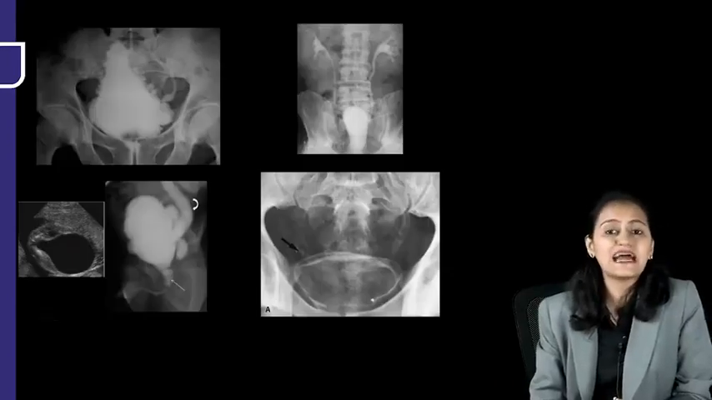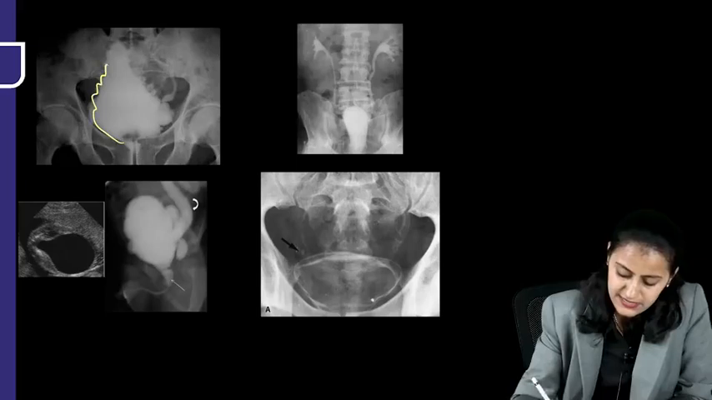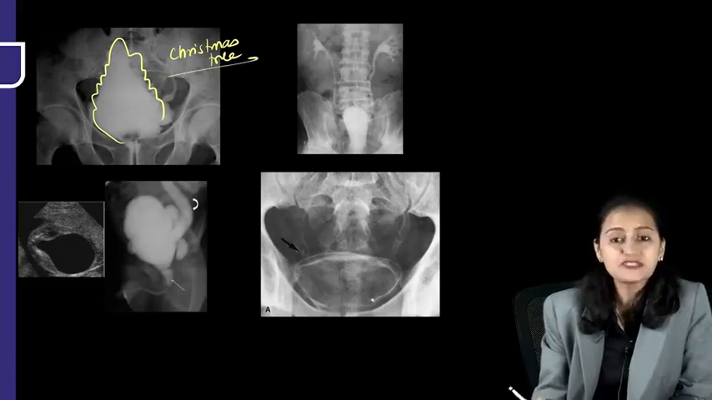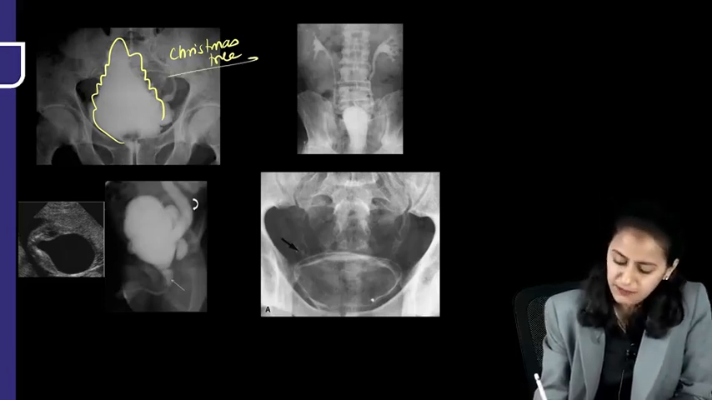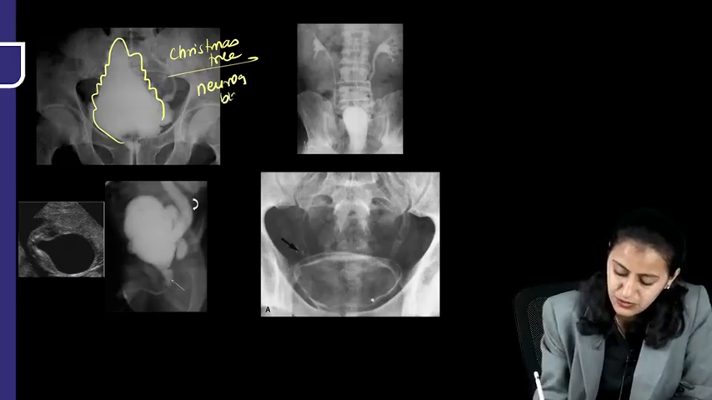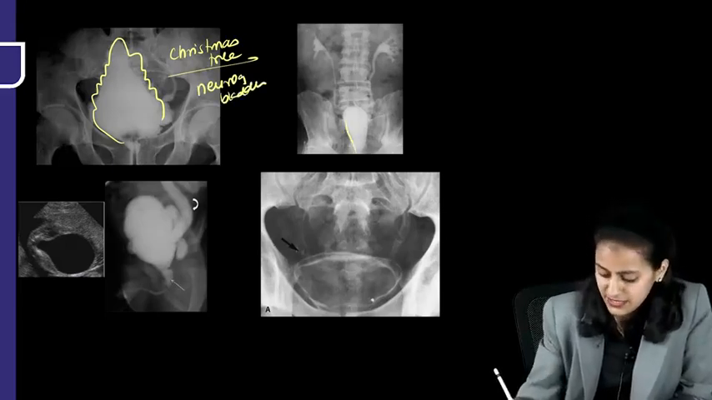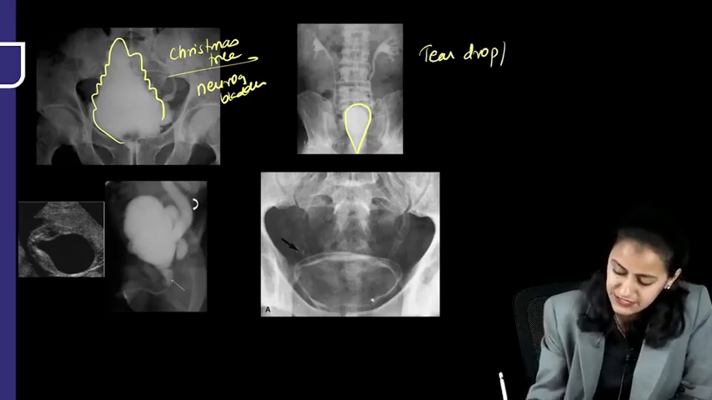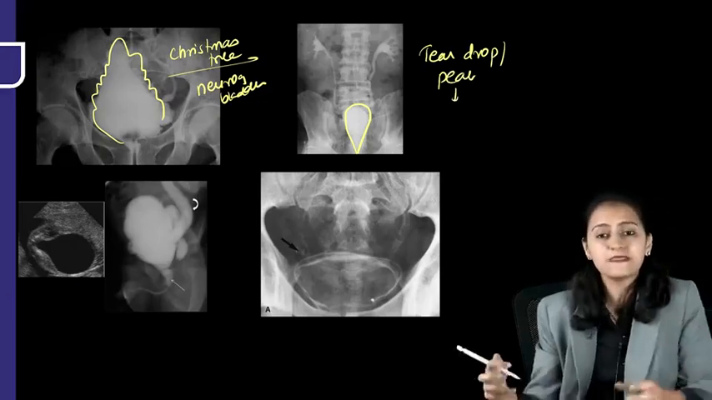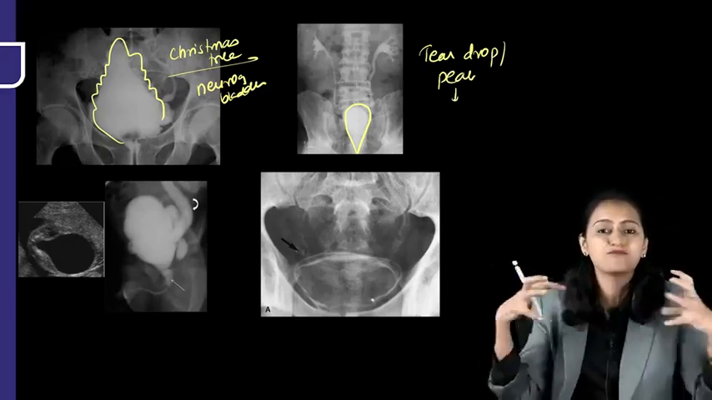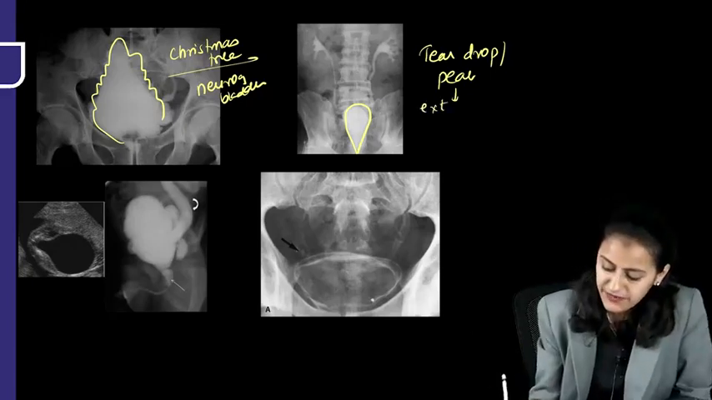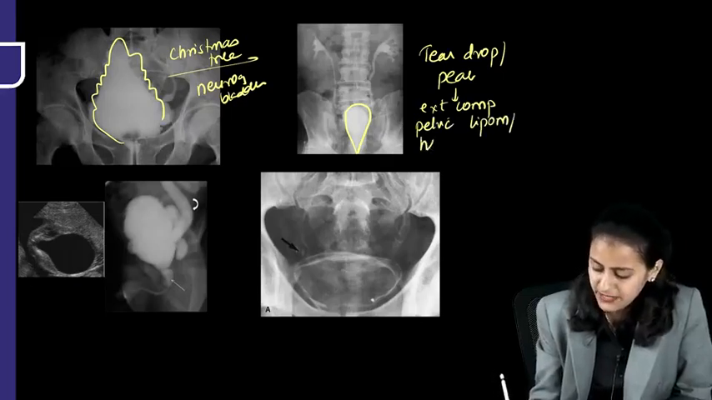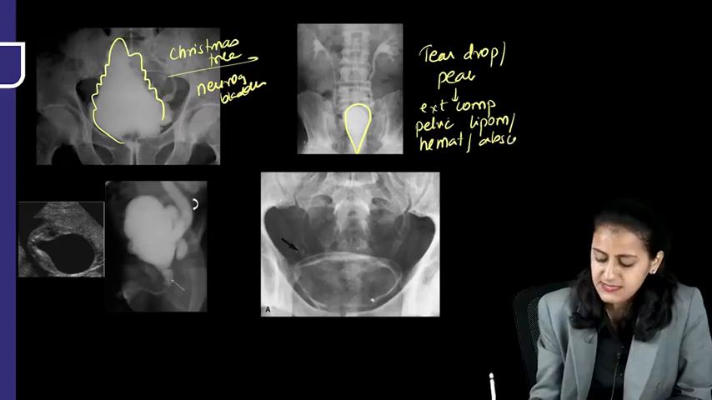Next one, now going to some bladder appearances. The first one here is the Christmas tree appearance of the bladder that we are seeing here. This is the Christmas tree bladder or the pine tree, fir tree appearance of bladder, which is seen in neurogenic bladder. This one here is the teardrop or the pear-shaped appearance of the bladder, which is because of the extrinsic compression, the round bladder becomes compressed. So any cause of extrinsic compression of bladder like the pelvic lipomatosis, pelvic hematoma, pelvic abscess can cause this